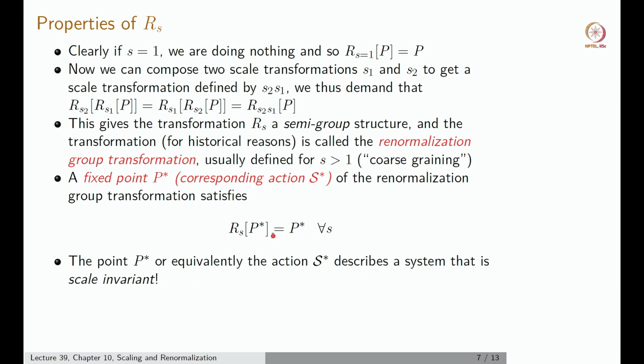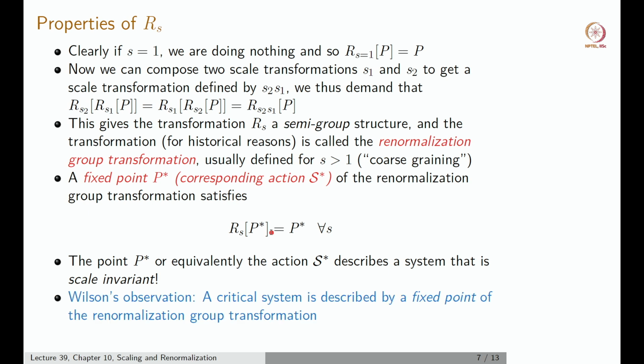So using this definition of R_S, we can now make a very important statement that when you find that under the renormalization group transformation with any scale parameter, the action doesn't change or the point in the theory stays fixed, that is called the fixed point, we say that the system is scale invariant. And Wilson's observation is that a critical system in this slightly refined language now is a fixed point of the renormalization group transformation. So in the space of theories, there are special points which will be fixed points of this renormalization group transformation. At that point, you will have scale invariance as an emergent symmetry, and the Hamiltonian comes back to it.